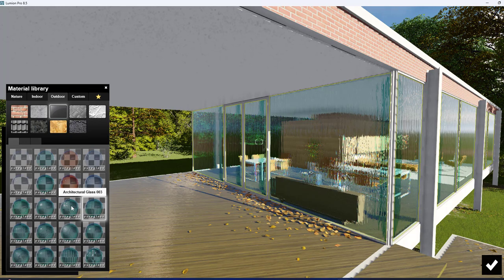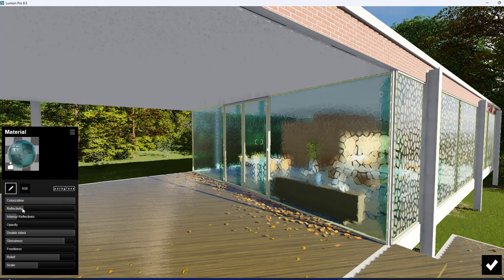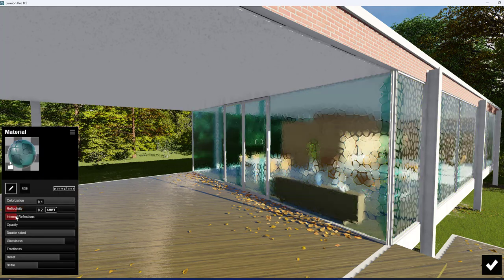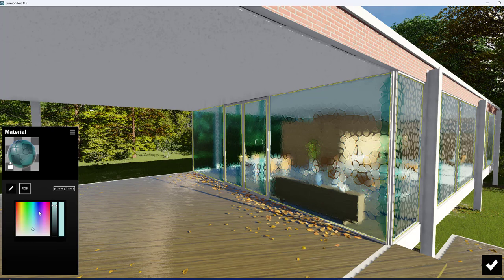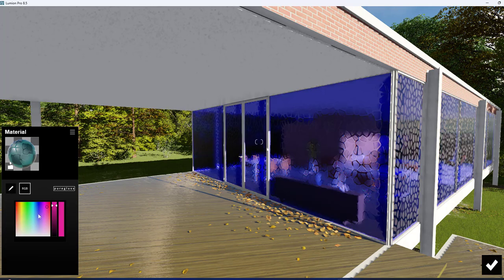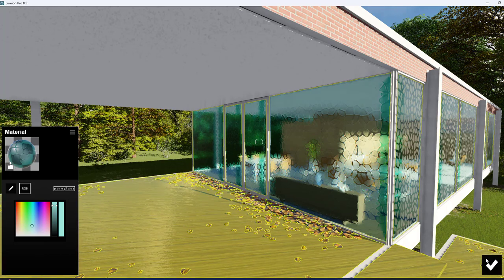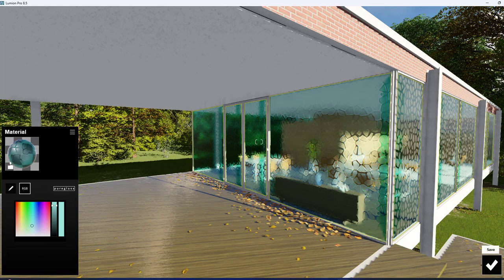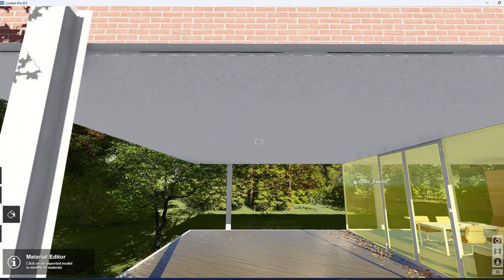And then once you apply, double click and then just change the properties of the glass like reflectivity, internal reflection, opacity means transparency, how much transparency you want to keep, and then next double-sided transparency, glossiness. Like this way you just go with the properties. Here we have the RGB color to change the color of the glass to make it dark blue, light blue, like that. And if you want to go ahead, then you can click on the save option or else you can discard. So this is how we can work with the material and then how we can edit the material.